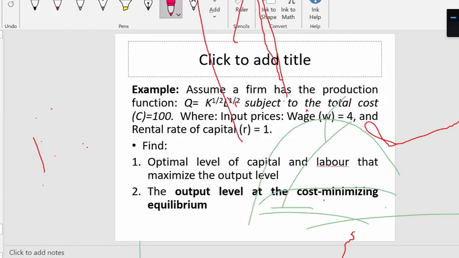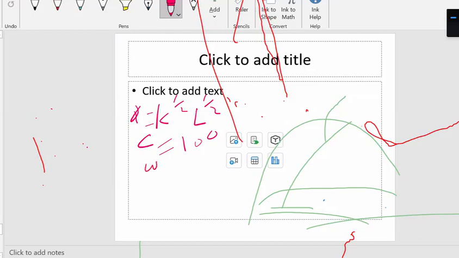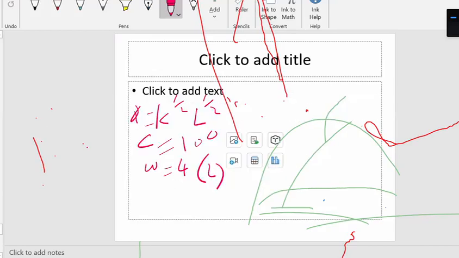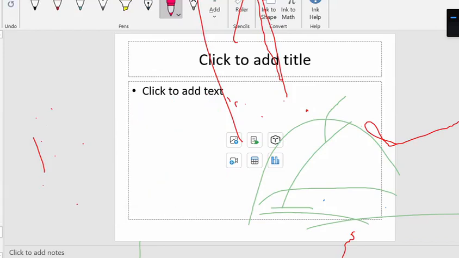Anakwambia where input wage is what? Is 4. Manake huu ni mshahara wa nani? Wa labor, sawa? Lakini rental rate for capital R is what? Is 1. Hii ni capital. You get it, yeah? Yeah. So what should we do now? Tunaweza tukatengeneza